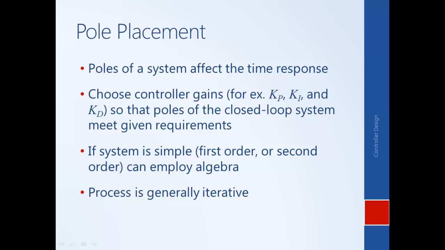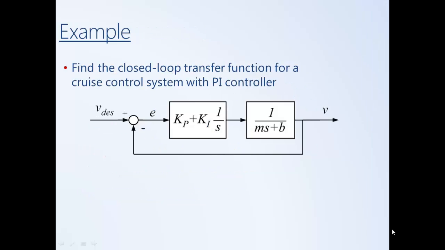And seeing that a lot of times these canonical relationships don't hold exactly, this process will often be iterative. We can use the relationships to determine whether we should make the gain bigger or smaller, but in order to know for sure, we'll actually have to test it out and then go back and modify the gains. We will now go through a complete example of how to design a PI